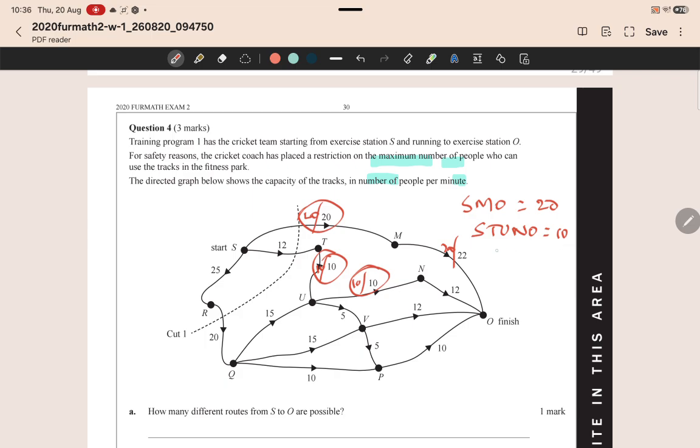And the next path through which anything can flow through is SRQUVO, and the smallest value there is 5. So that's reached maximum capacity. And the next path that we can accommodate people through is SRQVO